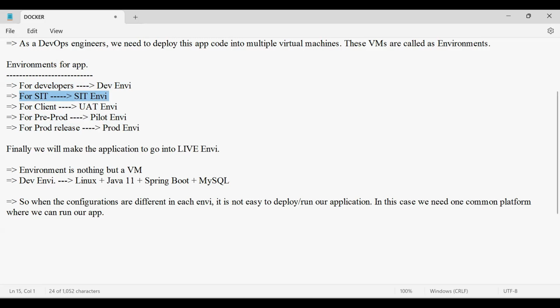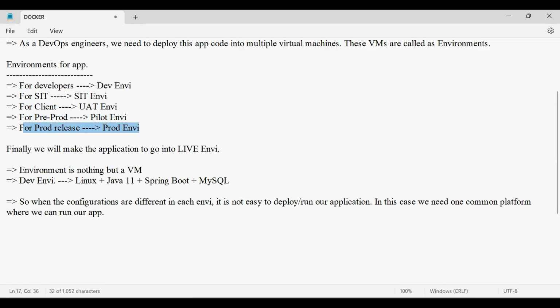UAT environment is used by the client to again test the functionality of the application from the client side. Pilot environment is used for pre-production testing. And finally, the production environment is used for the production release of the application. This is where we finally deliver the project.